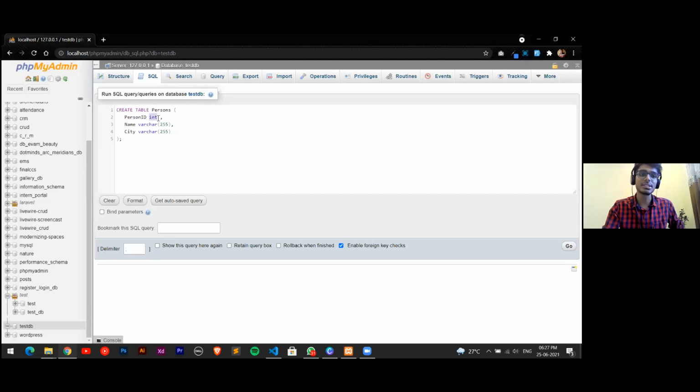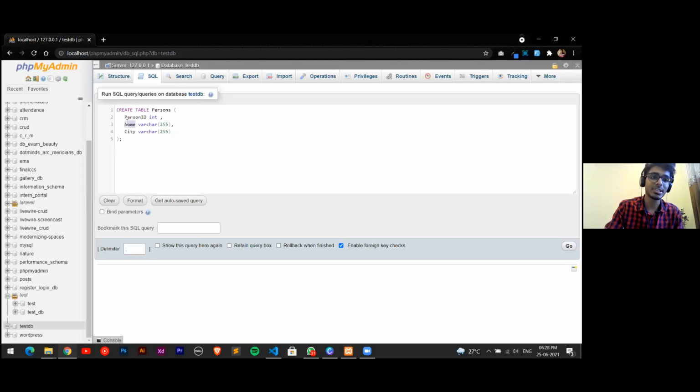It gives the column the integer data type. Only numbers would be stored here, and the table won't accept anything else, like characters. Now I want to store name and city.